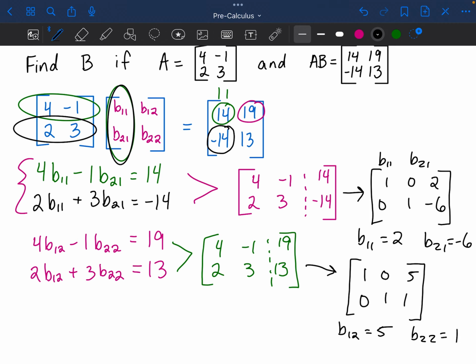Final answer, B equals. Put all of them back in the correct spots. That's also why I labeled them the way I did, because I know B11